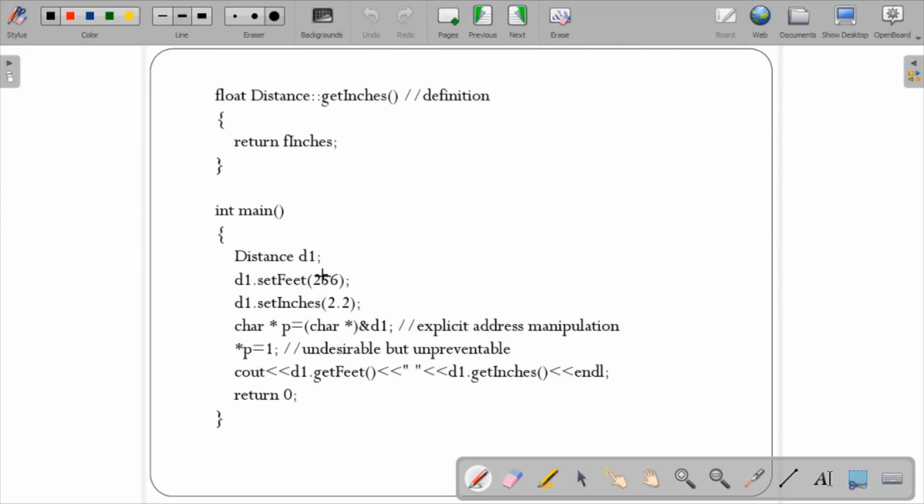So what I told you regarding explicit address manipulation is nothing but that you can manipulate the member data of any object. Now here our object is d1. We can manipulate the member data of any object, that's what he's telling. Now here, d1.setfeet is equal to 256, d1.setinches is equal to